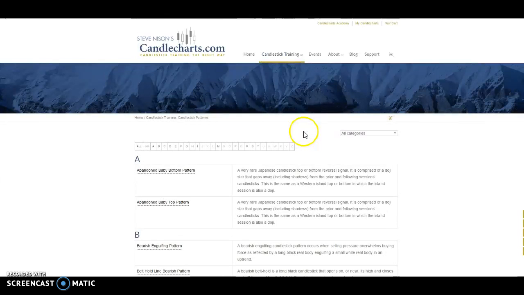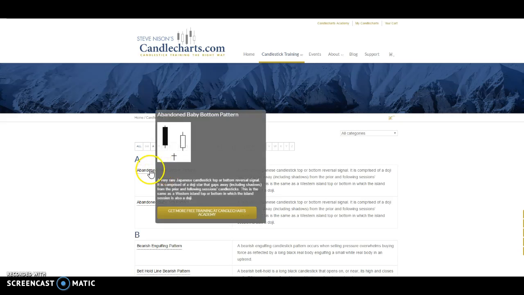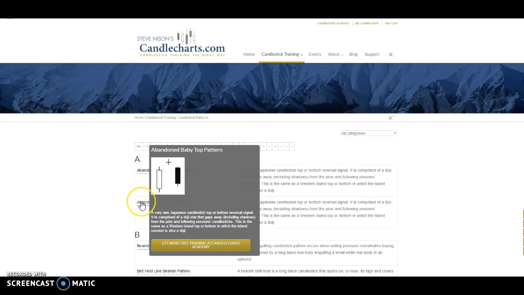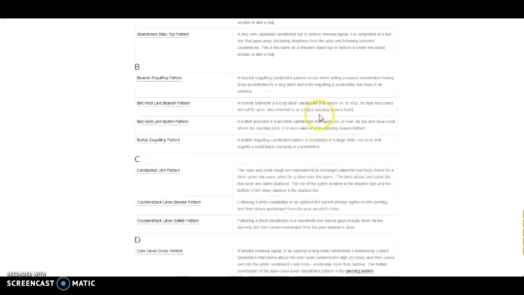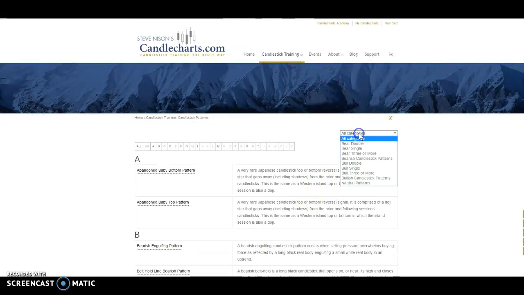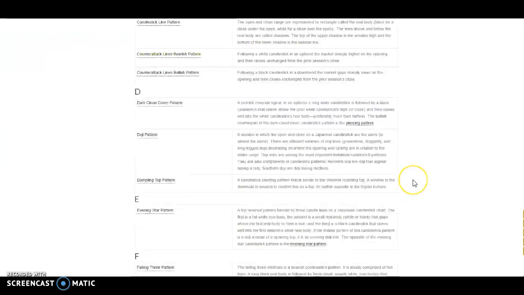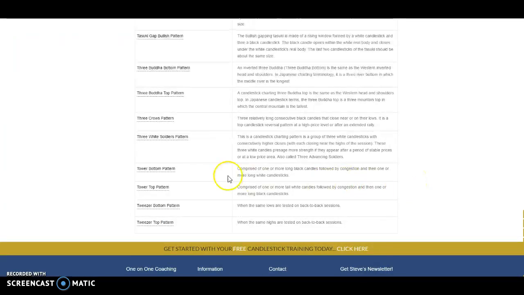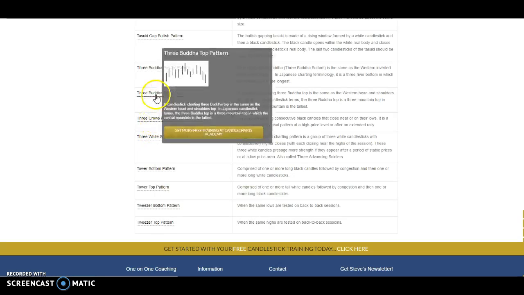One of my favorite sites is Steve Nison's candlecharts.com. There are names. You just hover over the name and you can see it. You can read the reasoning behind it. You can sort by bullish, bearish, neutral, and so on. So there's a ton of stuff here to look at. His names are kind of different too from some of the other websites. Like he's calling this, to me this is a head and shoulders. But anyway,